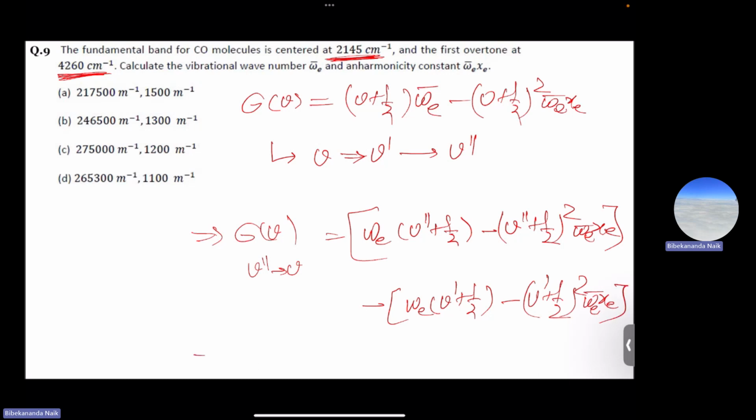So if you calculate it, suppose one is V, another is V prime. So now here in the question, one is fundamental, another is first overtone. So the transition will be from V prime equal to 0 to, so here the given transition is from V prime equal to 0 to V double prime equal to 1. So if you put these values,